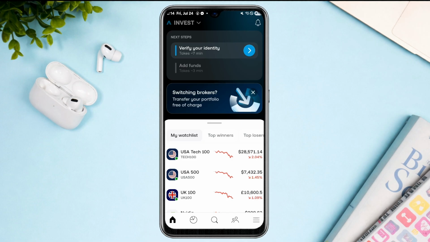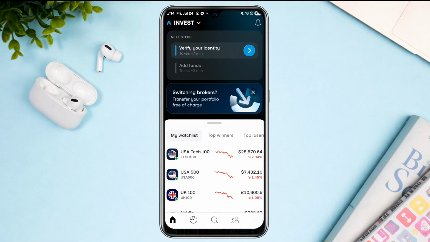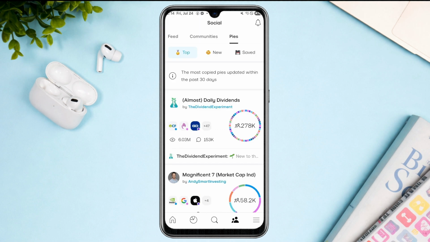Now you're going to have to switch from the trading account into the invest account, like so. And then you should be able to see this profile icon at the lower portion of your screen. Tap that, and then you should see options here such as communities and pies. Now since we are trying to do automatic trading, we'll have to go onto pies and then choose